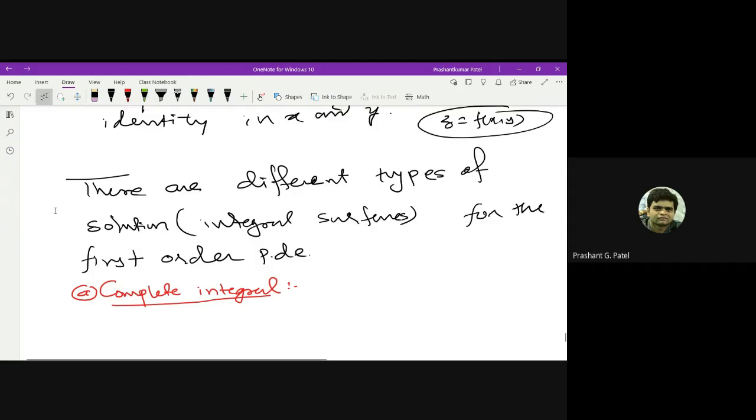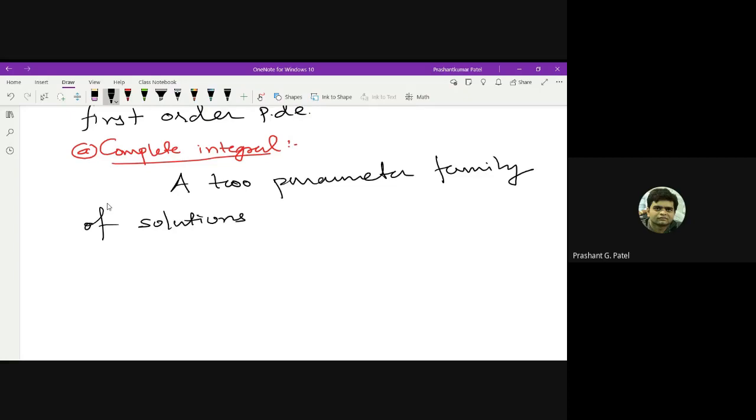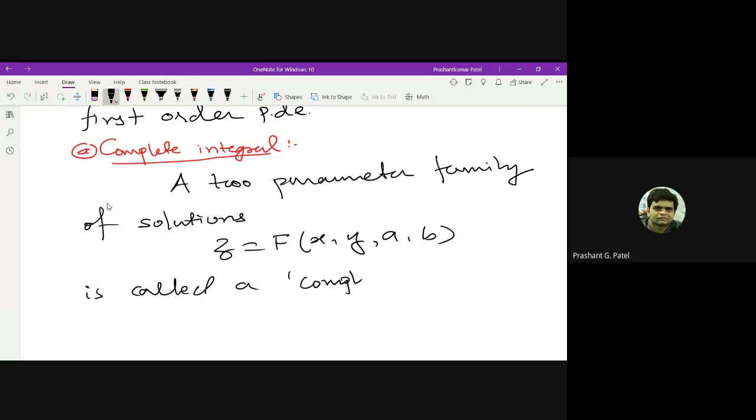A two-parameter family of solution z is equal to f of x, y, a, b is called a complete integral